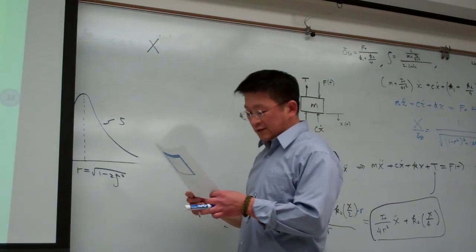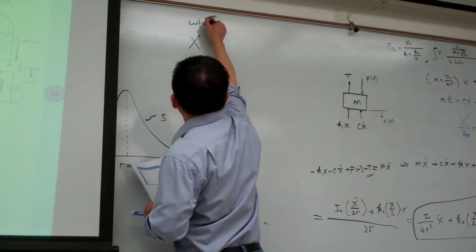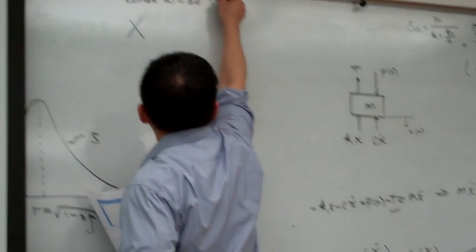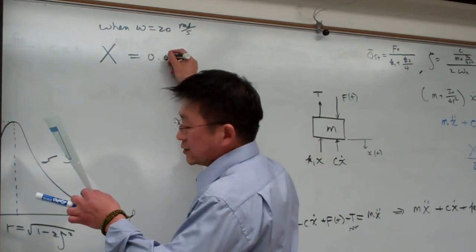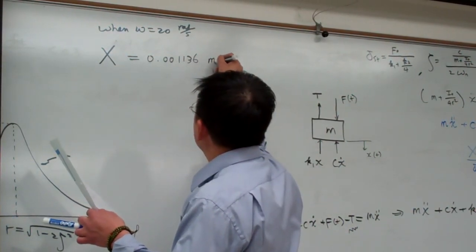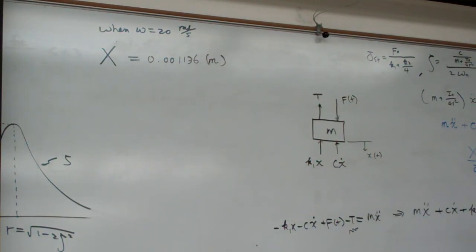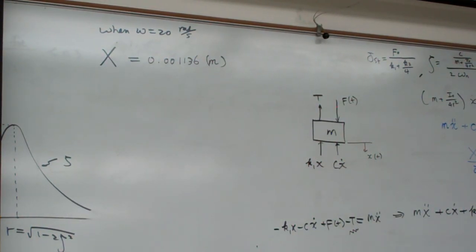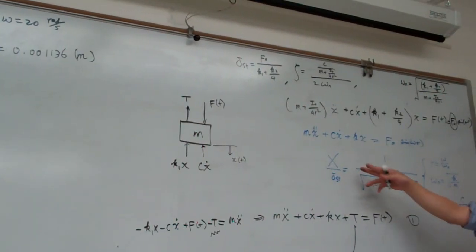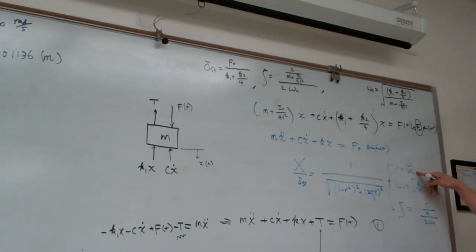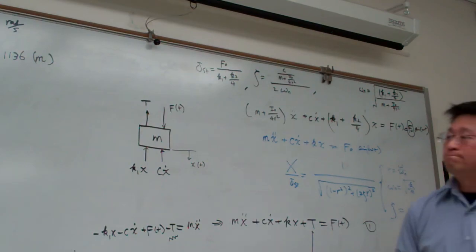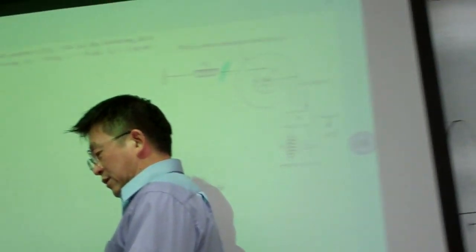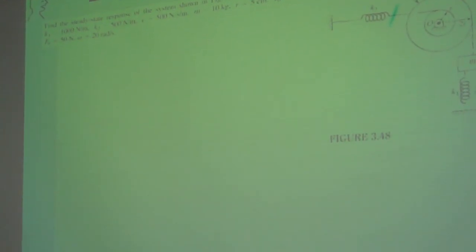So for that case, when omega equals 20 radians per second, if you can exercise your calculation, capital X equals 0.001136 meters. Okay, so basically we plug in all the information, and you determine the omega n, you determine zeta, you determine delta st. Once you have everything, then you determine r, that is 20 divided by omega n, you plug in here, and that should be that number. Good? That is the one example. So probably Friday I would